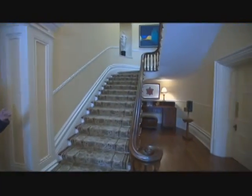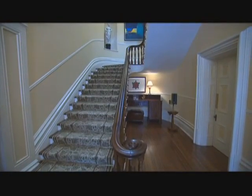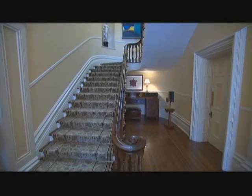Wow, is that wonderful? Now, what are these stairs? Do these lead to your private residence? Yes, you can get up this way, or you can get up the stairs just down the hallway. But this is where Princess Kate and Prince William would come down every morning, and we would greet them and ask them, "Avez-vous bien dormi?" and they would say, right up here is what we call the Queen's Quarters,